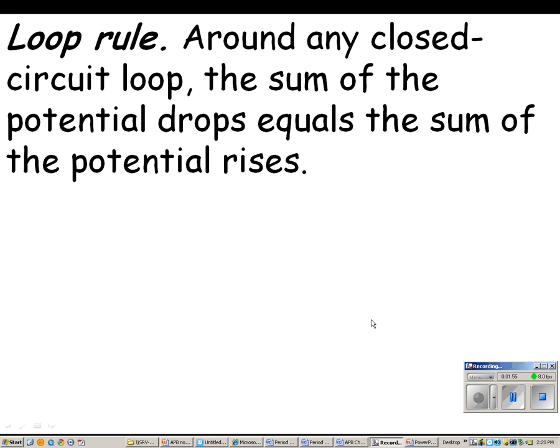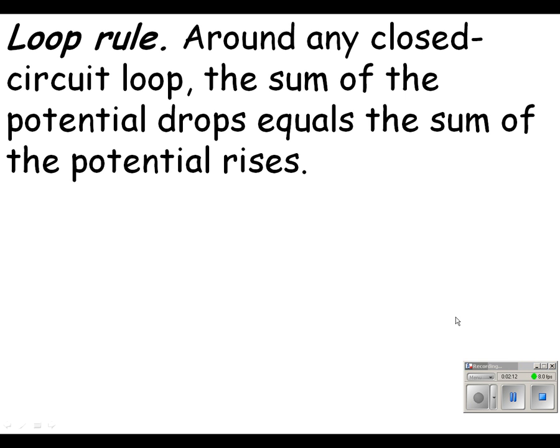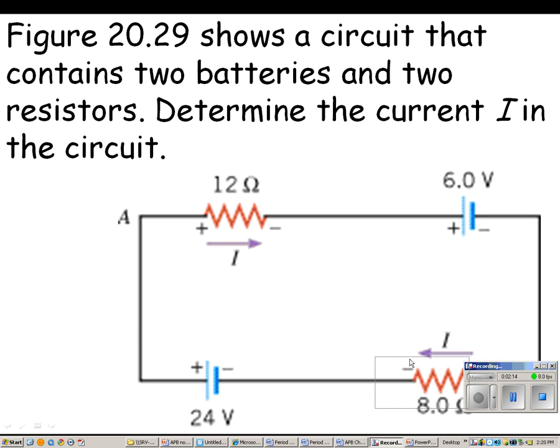The next rule is called the loop rule. Around any closed circuit, the sum of the potential drops equals the sum of the potential rises. We've been using this rule already. We said that the voltage gained by the power supply is equal to the voltage drops within the circuit. Let's just call it the loop rule. So if you look at an example here,